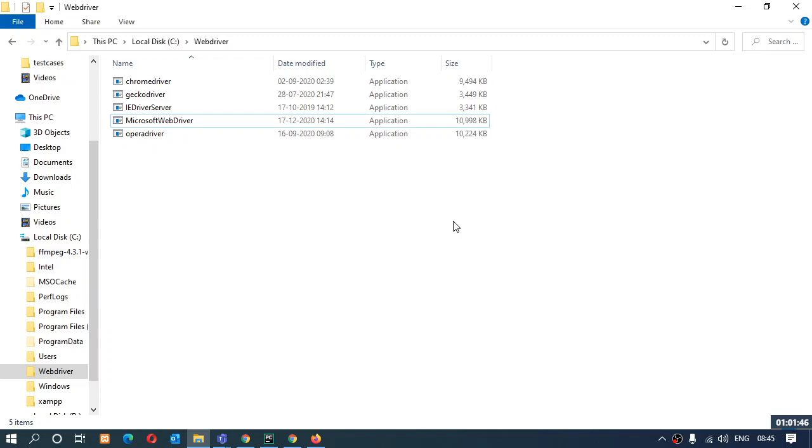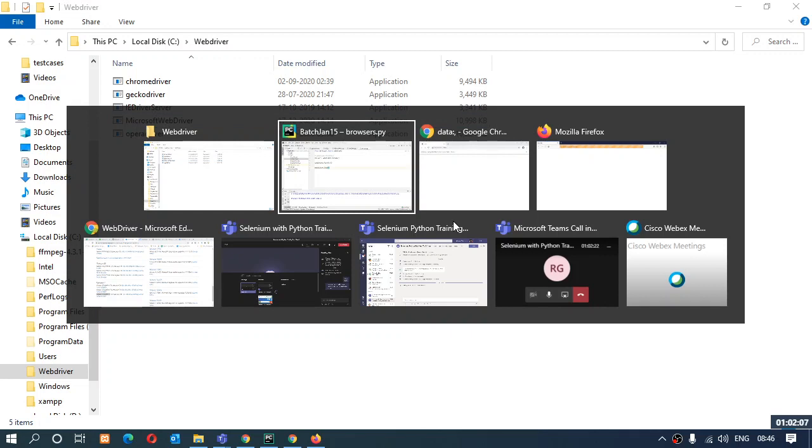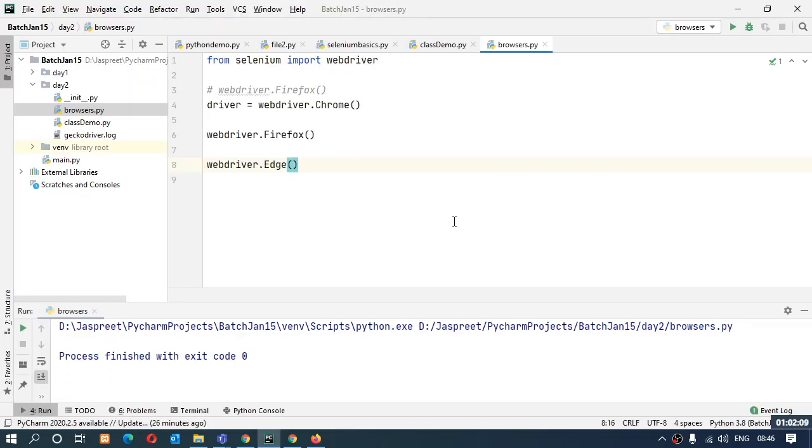You have to exceptionally give the MS Edge driver path, and then only your Edge is going to work. So what can be done is just rename your driver to Microsoft WebDriver, remove the path from your command, and then it's going to work, the same way this command is given, Microsoft.webdriver.edge. Okay, simple enough,